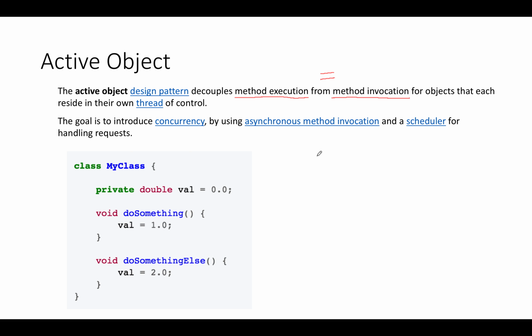Suppose that your parent class wants to execute a particular method from this class. Then what it can do is create the object of this class, and then call the method from this particular class using that object, and after that the execution will start. Now suppose that it is an asynchronous programming model,